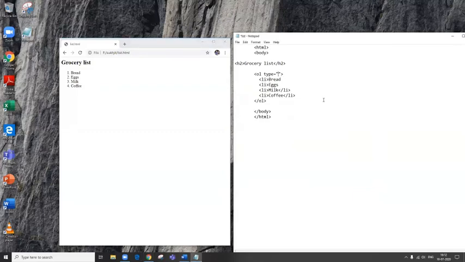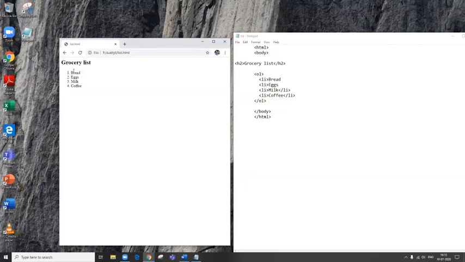Now we are left with the Roman. Let us see the uppercase Roman. So here we have uppercase Roman 1, 2, 3, 4. Then we can also have a small case Roman. This is how we have been using the types of numbering. So these are the 5 types of numbers that we can give to our ordered list. If you do not mention any type, children, I said the default is 1. So see here what is going to happen, 1, 2, 3, 4.